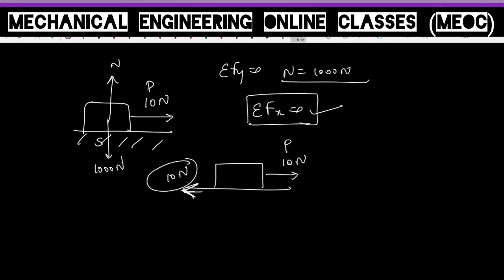So what is this 10 Newton force? It is the friction. It is this friction which is nullifying the effect of our P, which is given as 10 Newton. Now we have later given a 50 Newton force. Now also the object is not sliding and there is no other horizontal force that we can see for the system to be in equilibrium. So here a frictional force of 50 Newton is developed.